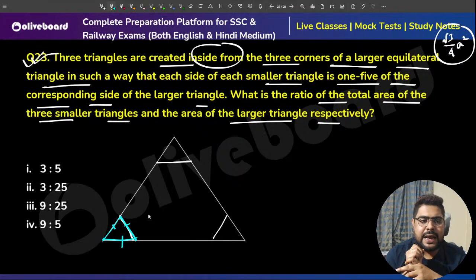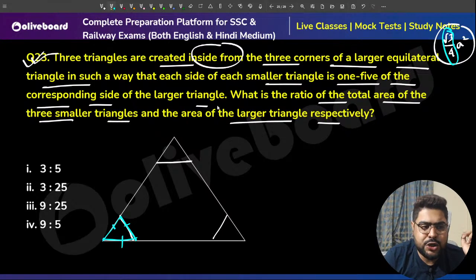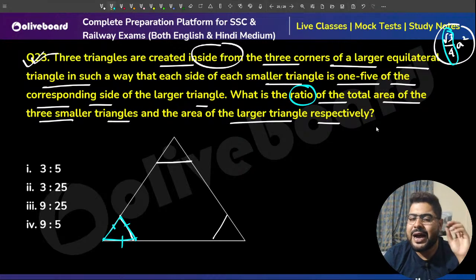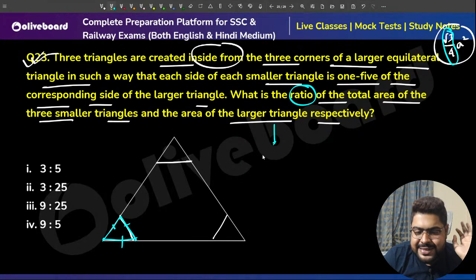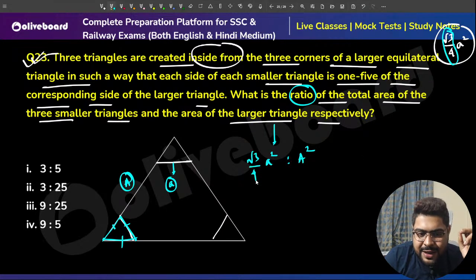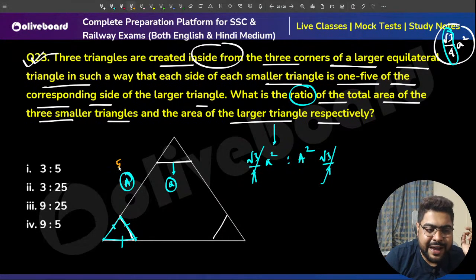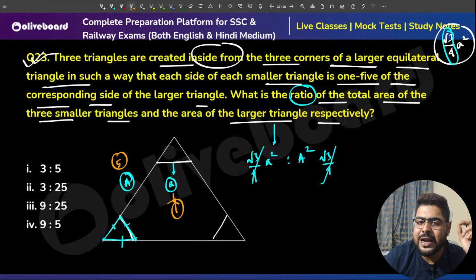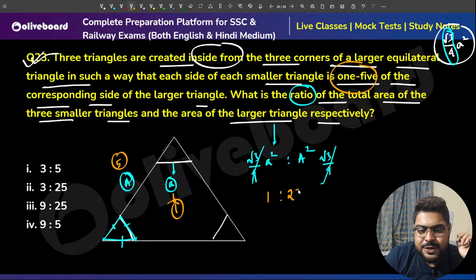If I need a ratio, the √3 by 4 cancels. If the smaller triangle side is small a and the bigger triangle side is capital A, I only need the a square ratio, because √3 by 4 here and here cancel. I know if this is 5, this is 1, as given 1/5. So 1 square is 1, 5 square is 25. Option number